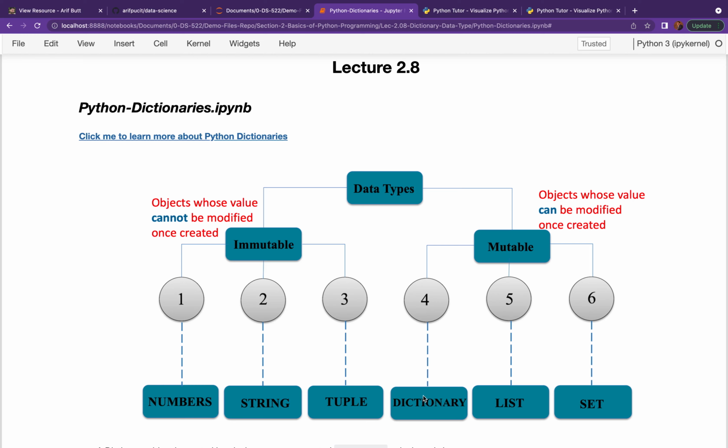Every key inside a dictionary has to be unique and has to be of some immutable type. That is, the keys of a dictionary can be a number, string, or a tuple. The value inside a dictionary can be duplicated and can be of mutable or immutable types.